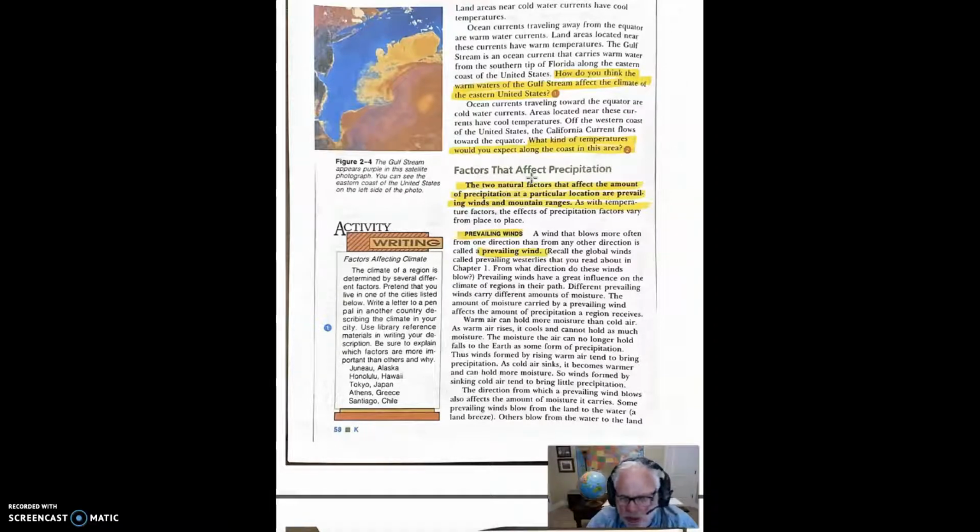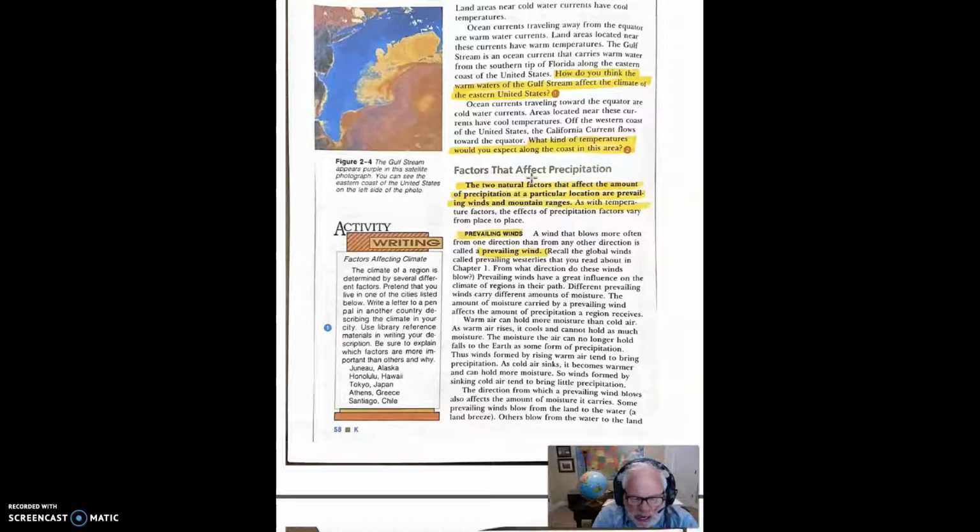We all know the earth turns, and part of that turning causes wind to blow. And as our earth rotates toward the east, the wind comes from the west toward us. So that would be kind of a prevailing wind. The prevailing wind is any wind in that area that is normal, okay? Most often, the wind that blows the most often from there. Sometimes here in Salt Lake, we can get winds coming from the north, south, east, west, wherever, but that's not our general prevailing wind. Our general prevailing winds are from the west.